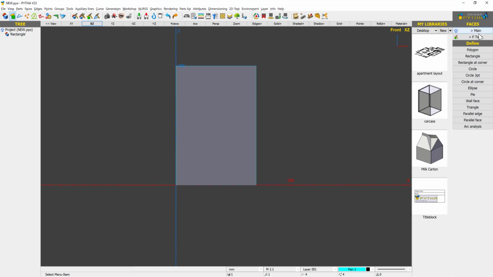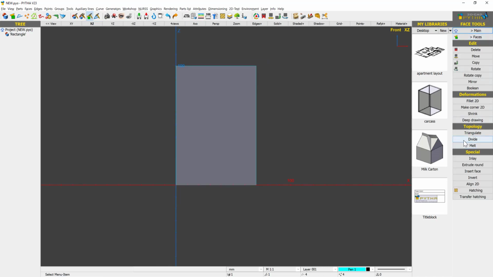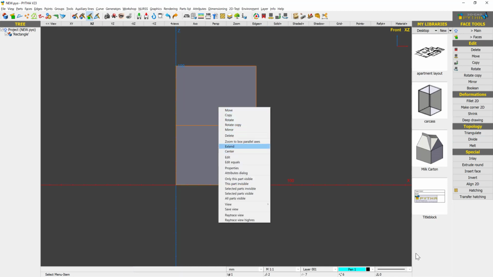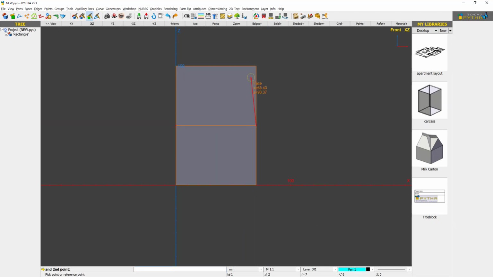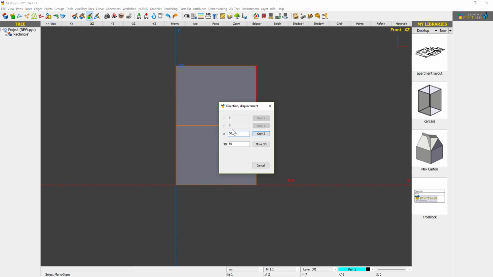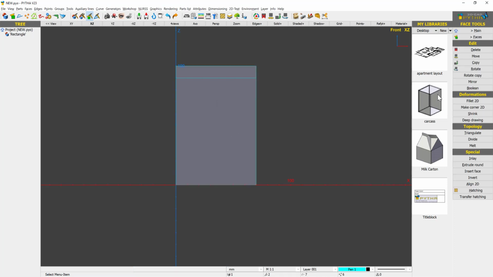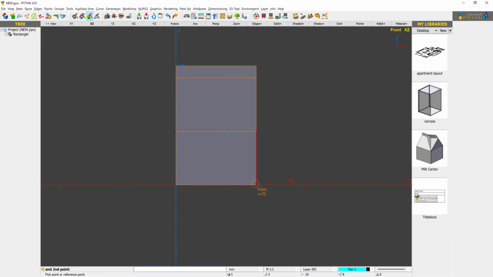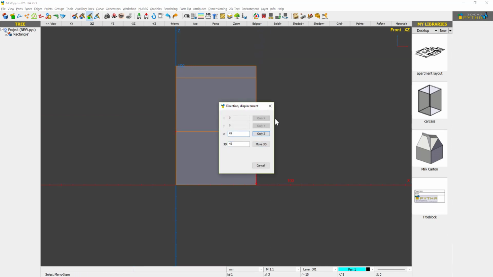Okay, and then now I will use a face tool called divide. So divide allows me to divide faces like this. So you can see that I divide this face up. And now I'll say extend this to the top, because this top is 10 mm. Okay, and then I'll say divide again, from the center to the center again, and I'll say extend, and from here to the bottom I want it to be 70,